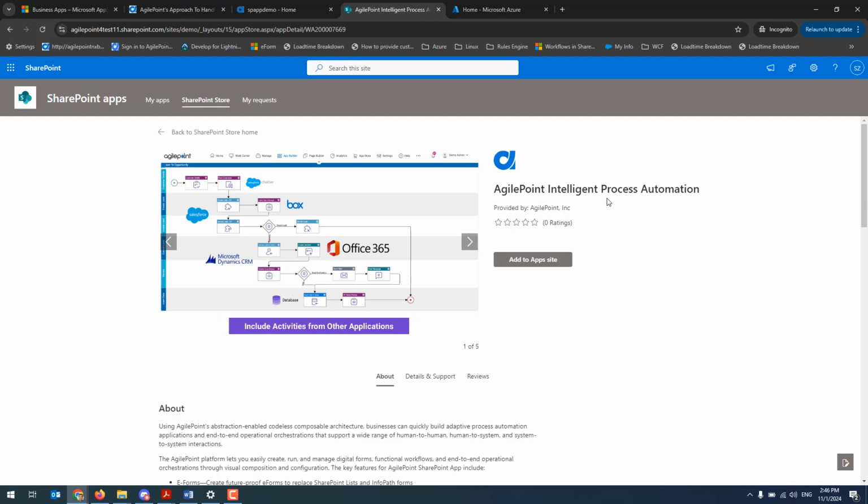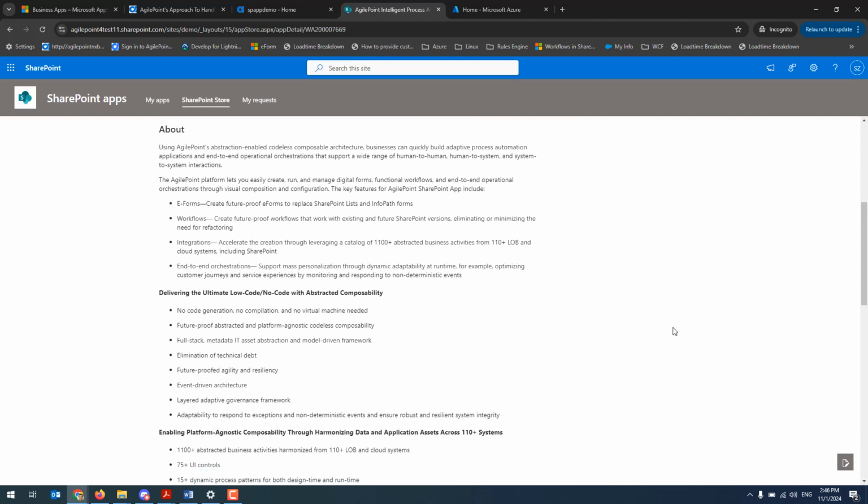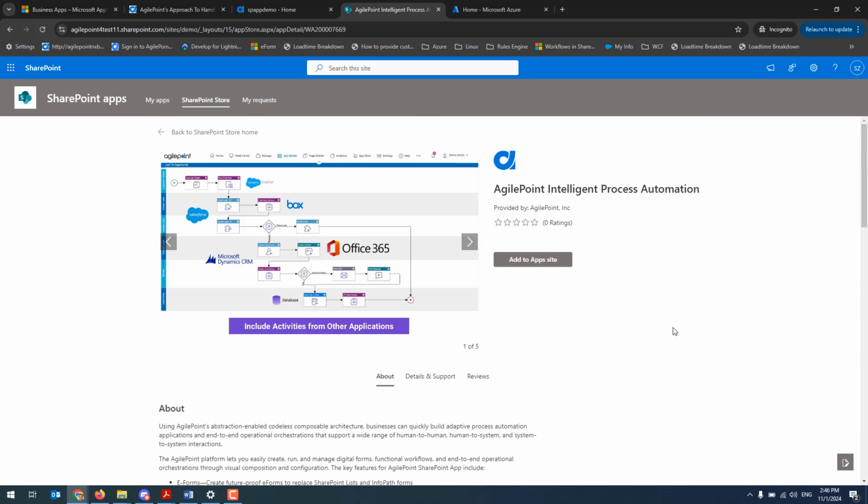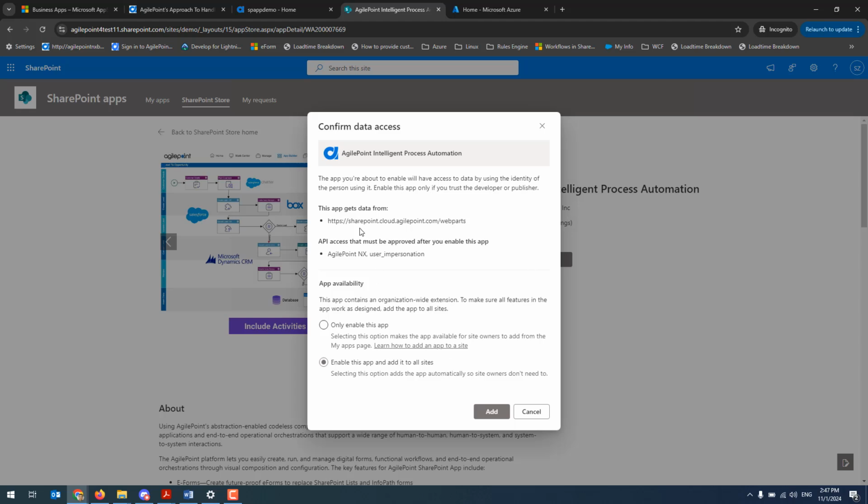Click on the AgilePoint Intelligent Process Automation app. You can see all the screenshots over here, all the details around what functionality is available within the platform as well as the app. What I'm going to do is add this app to the site, and it is going to